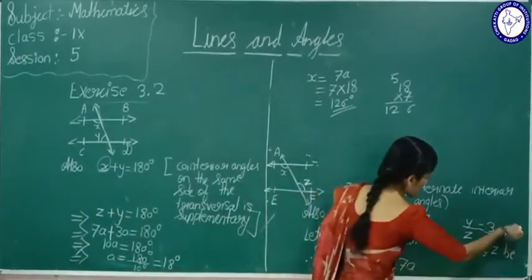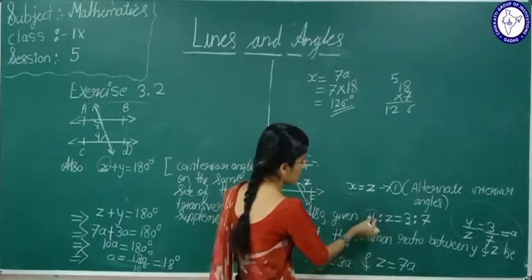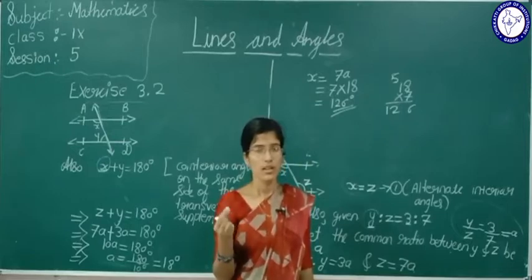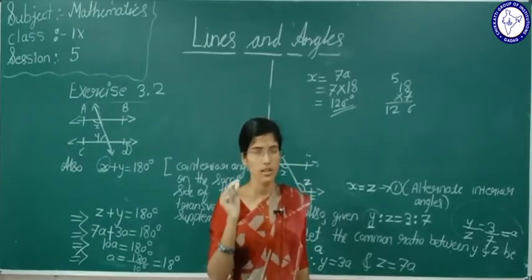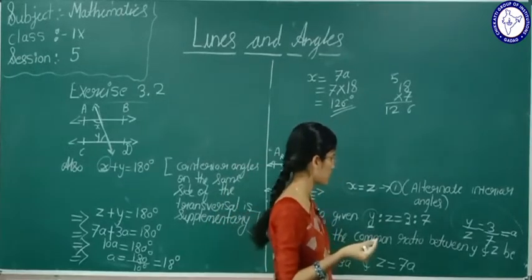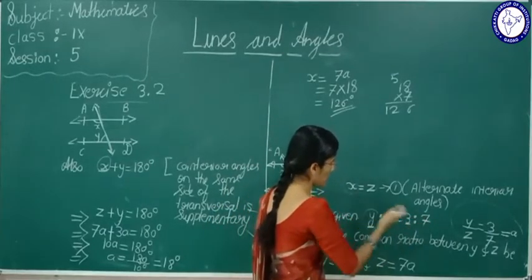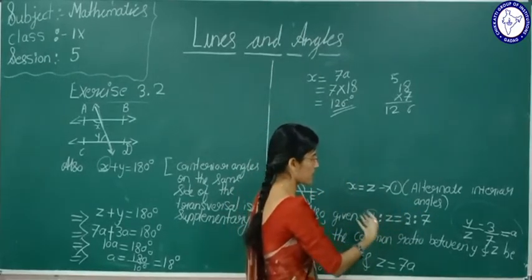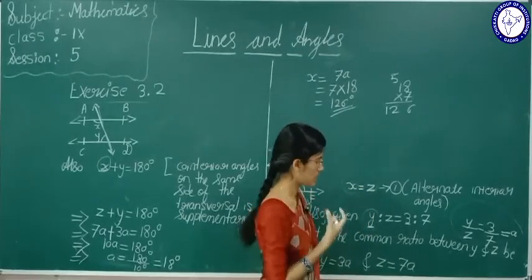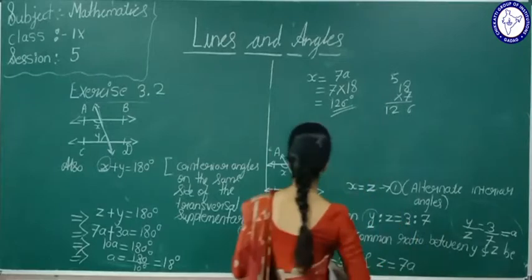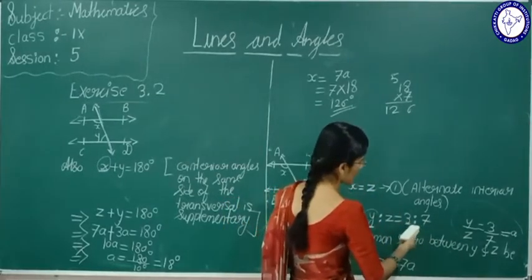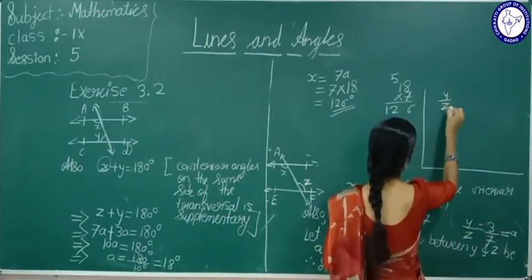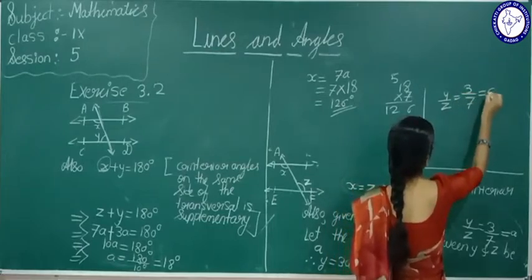See, what is the main concept here? One more time I will explain. Why don't we take it directly as 3? We have to take some common ratio. Afterwards you are going to take y as 3a and z as 7a. So directly we are not taking y equal to 3, z equal to 7. I will tell you how I have written y is equal to 3a, how exactly this will work here. Y by z is equal to 3 by 7 is equal to a.